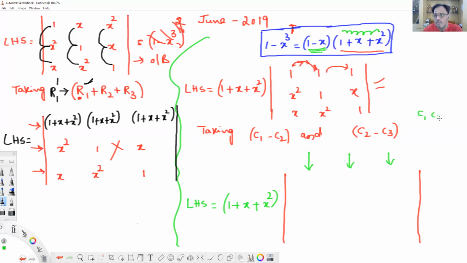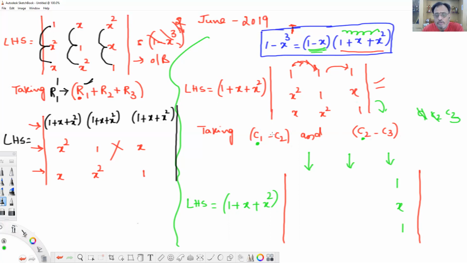C1, C2, C3. In the first operation, C1 is visible in the first place. Whatever is visible in the first place has to be deleted. In the second operation, C2 is visible in the first place. Therefore, whatever is visible in the first place has to be cancelled. That is C3. C3 is unchanged. First you write C3 unchanged here. C3 is unchanged. Next operation now.